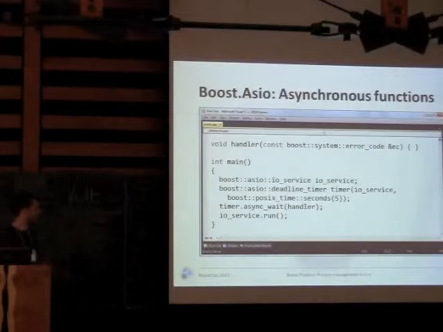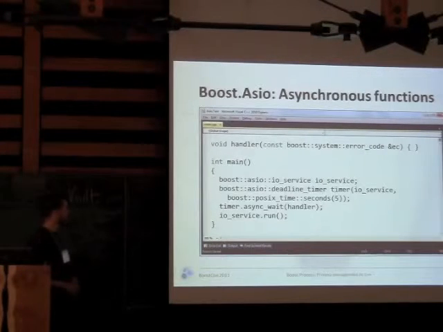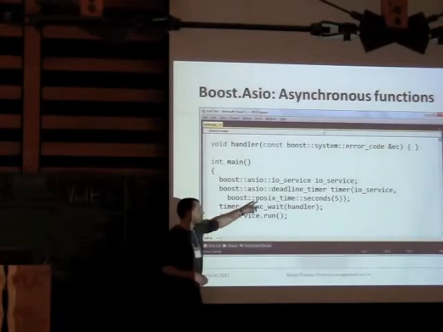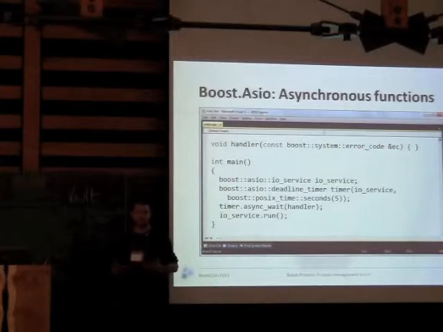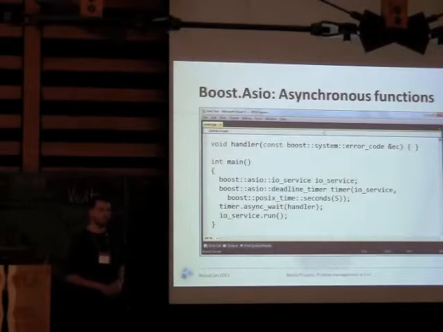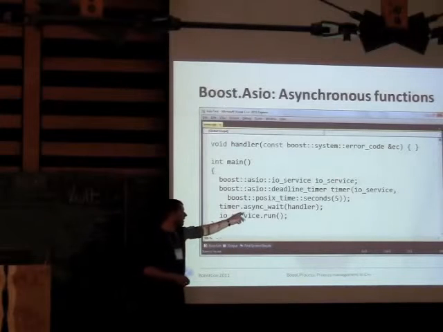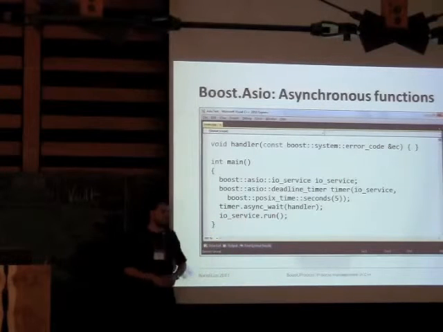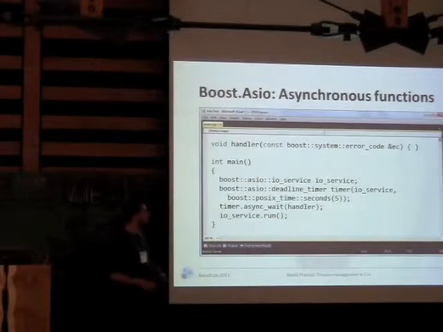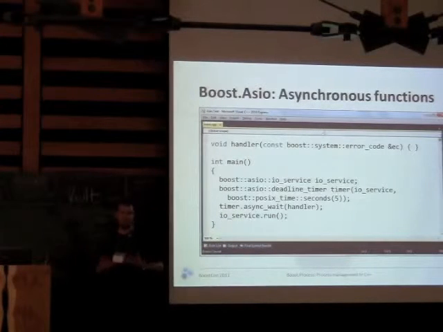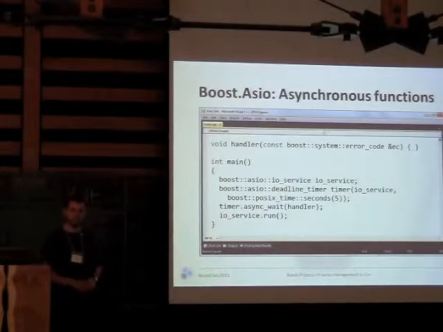Now here we have a rather simple program that uses Boost ASIO. And what this program does is use a deadline timer. It's a class from Boost ASIO we can use. We fortunately don't need to create this class ourselves. And we can then call a function called async wait. And the idea is that you want to wait here in this example 5 seconds. And after 5 seconds, you want to be notified that the 5 seconds expired,